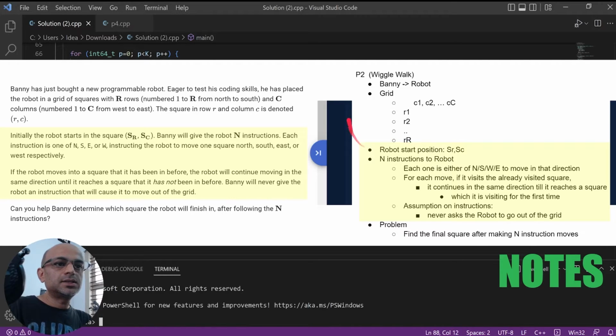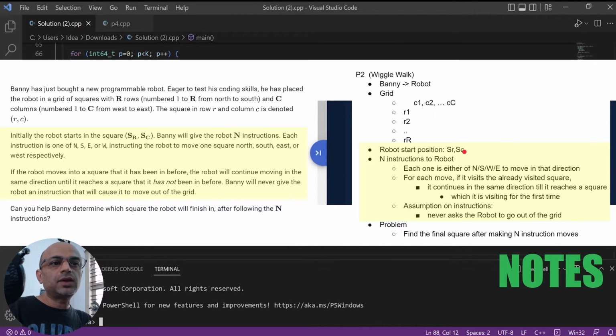Initially Banny will place the robot in a position SR, SC, SR indicating the row number and SC indicating the column number, and the values of SR and SC are 1 index based, not 0 index based.